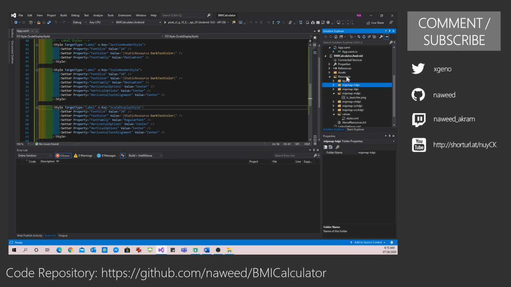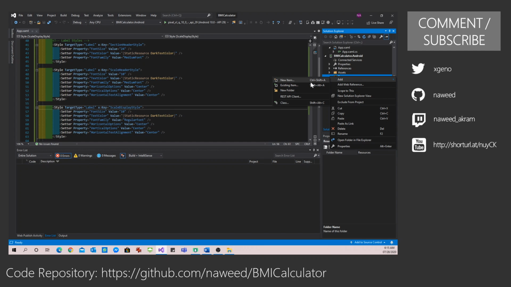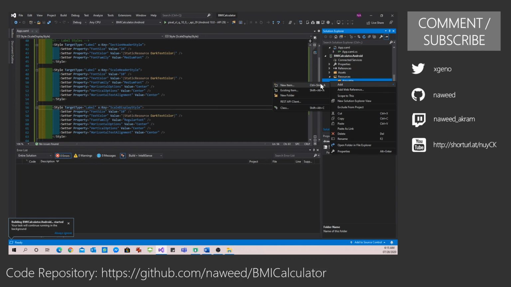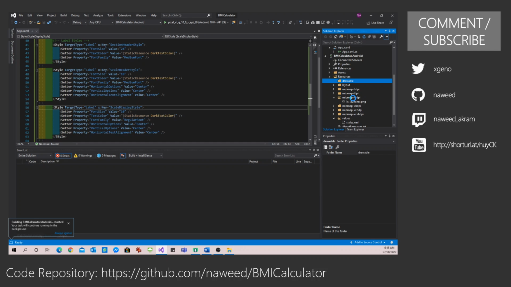And we are going to add a logo to our application, so let me go ahead and add a new folder. Let's call it drawable. This is where we need to put in the resources, so I'm going to bring in my logo. So this is my logo file. This is the logo.